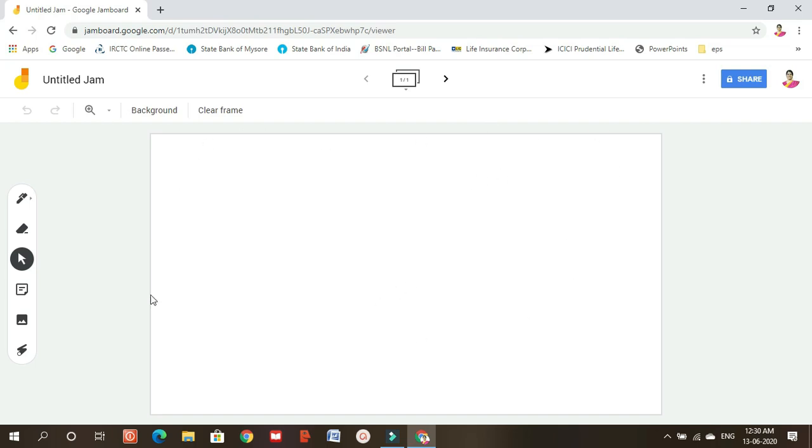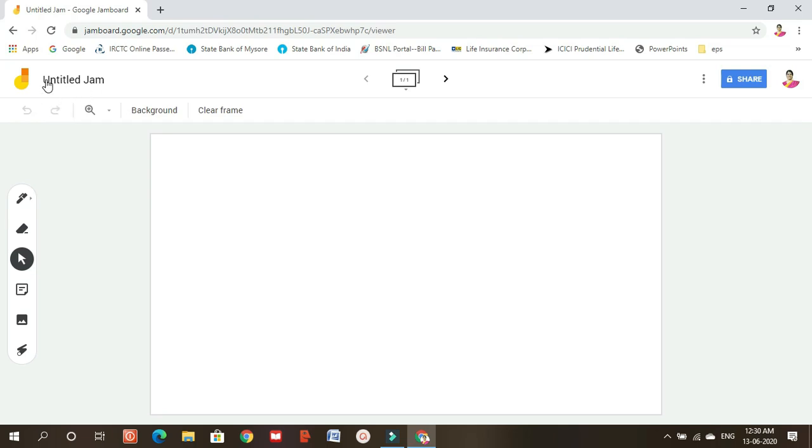This will be our complete work area. The tools which we can use to work on this work area are the pen, the eraser, a pointer which is also a select button, the sticky notes, images and the laser.